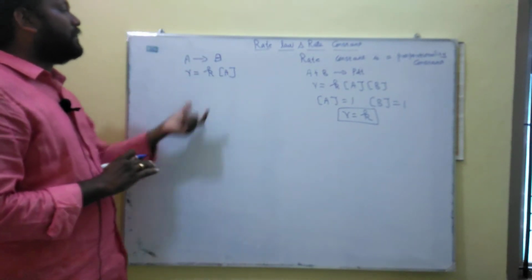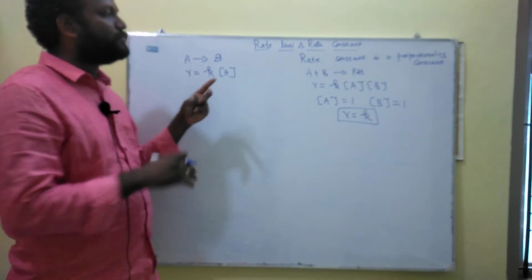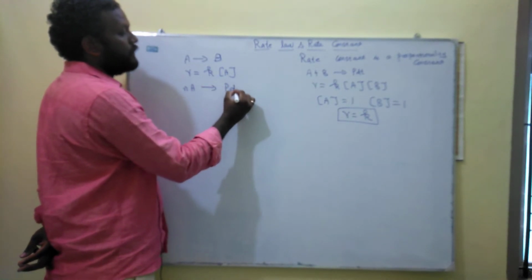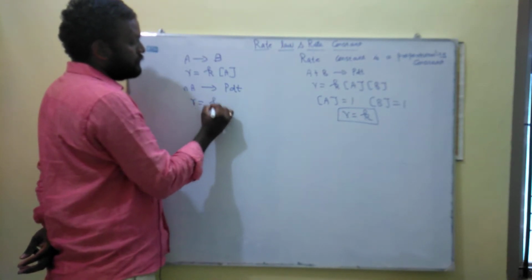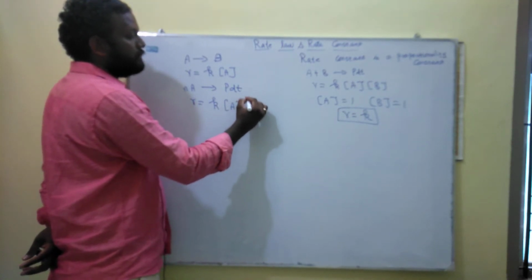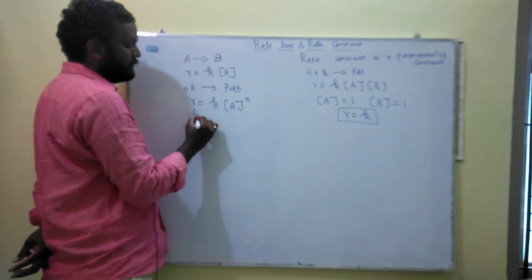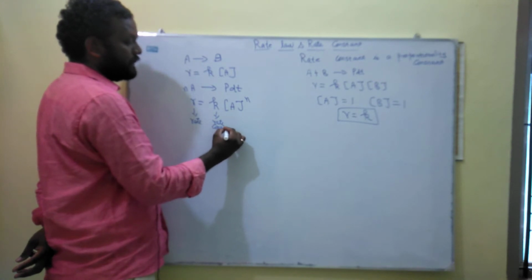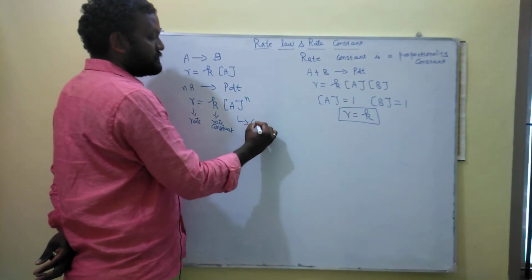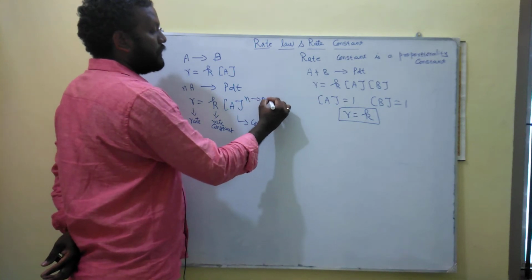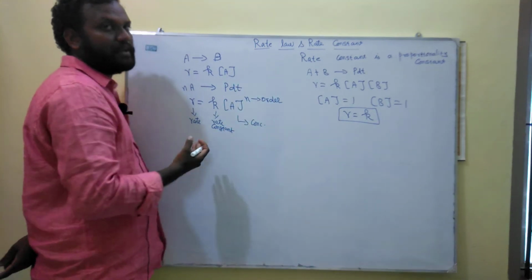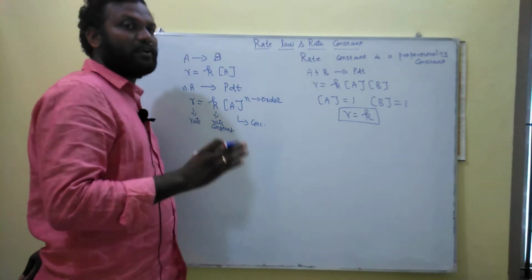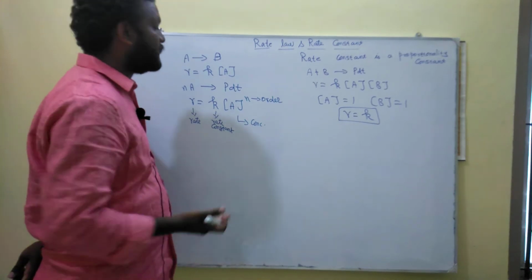Then the rate law for any chemical reaction is written like this for any stoichiometric coefficient. For example, nA gives product, you can write the rate law as R is equal to K into the concentration of A power n. Here R is the rate of chemical reaction, K is the rate constant of the chemical reaction, A is the concentration term, and n is the order of the chemical reaction. The order of the chemical reaction is found from the experimentally derived rate law. Order is not a theoretical concept, it is experimentally based.